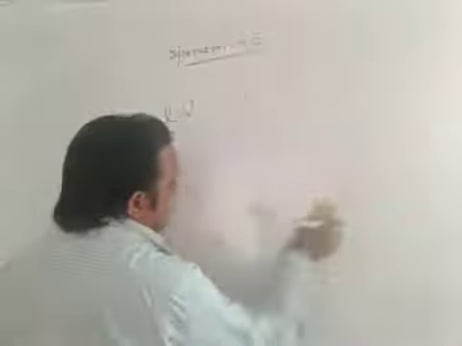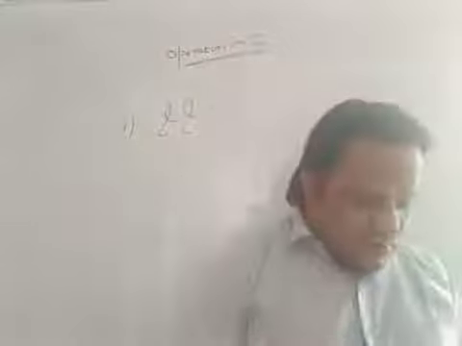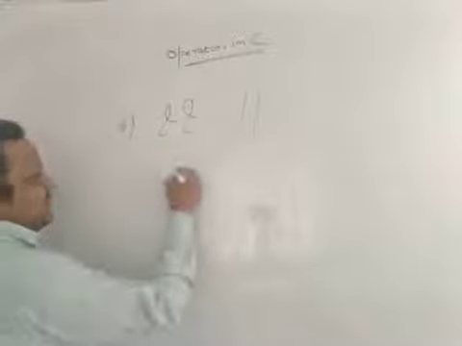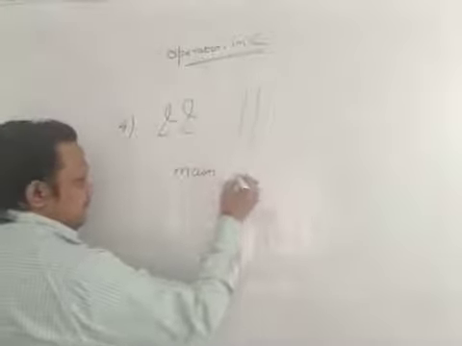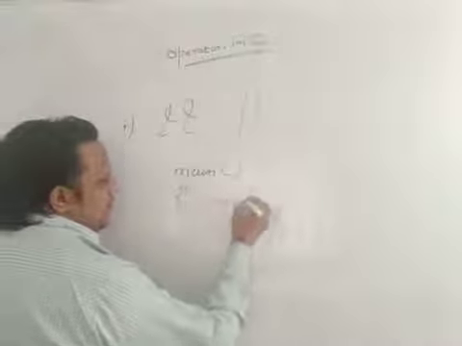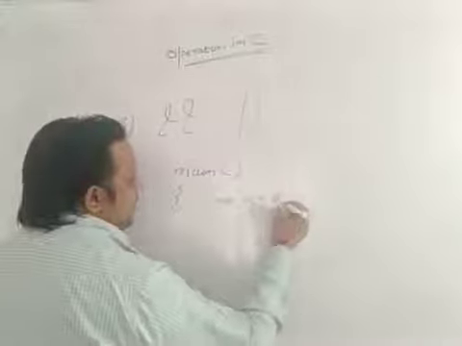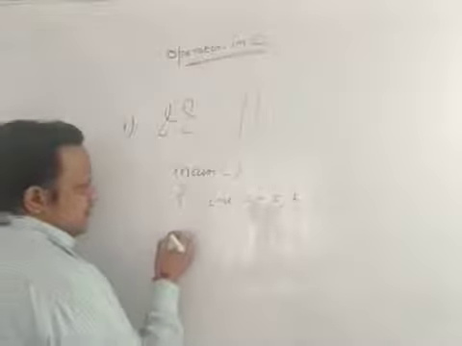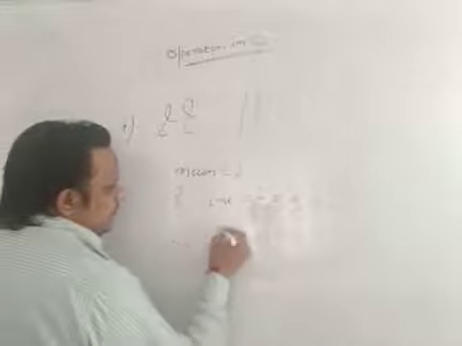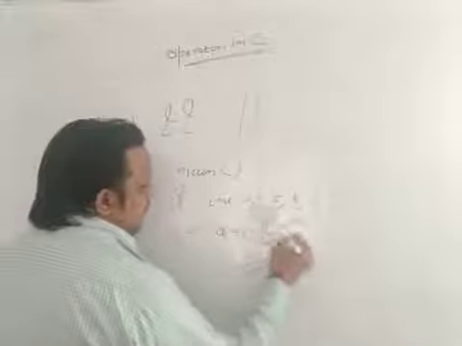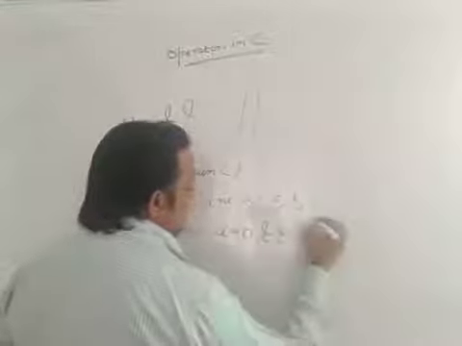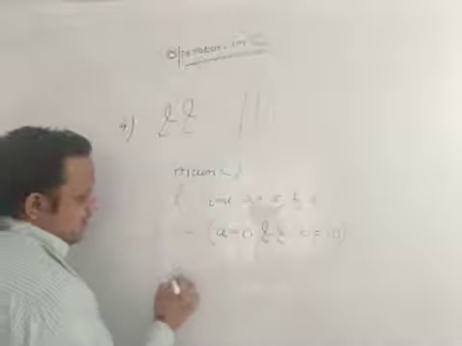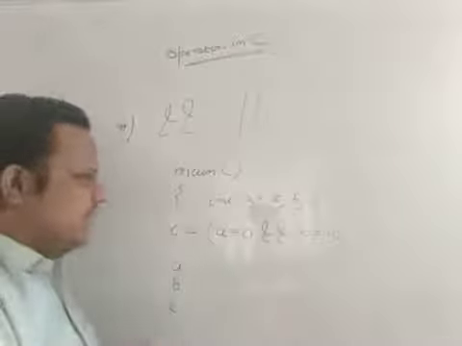But as far as placement is concerned, the company is going to screw you. They will ask you a very simple question. Let's suppose they give you int a = 5, and there are variables b and c also. Then they ask you c = a = 0 && b = 10, and you have to tell the values of a, b, c. What is the value of a, b and c?